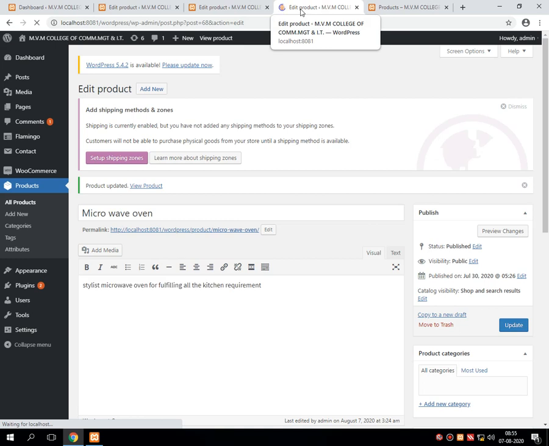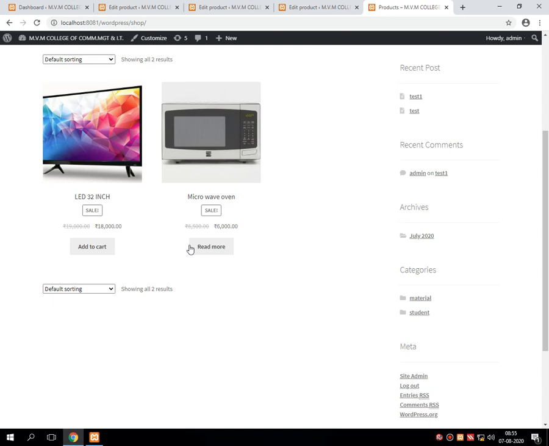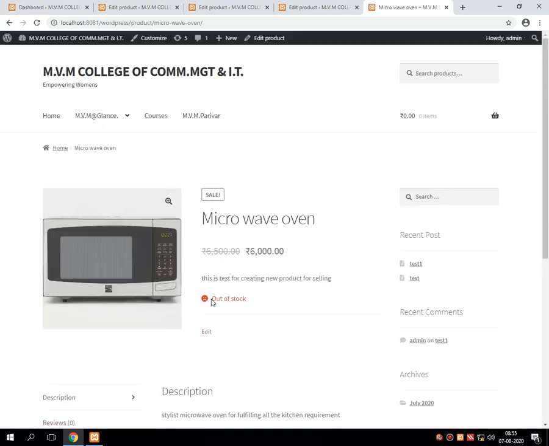Let's wait for a few seconds. Yes, it's completed now. I'm just refreshing the page over here. Just look at this particular command button. Here there is an add to cart button. It's still there because this product is in stock, and microwave oven is out of stock. So in the read more, it displays the message that it is out of stock.